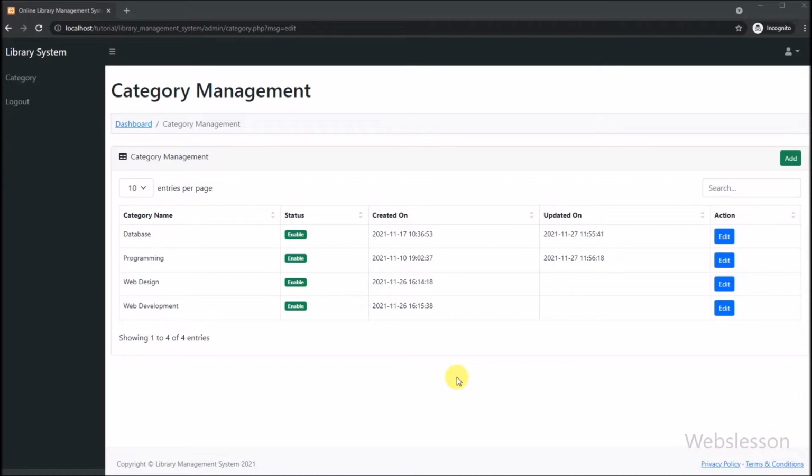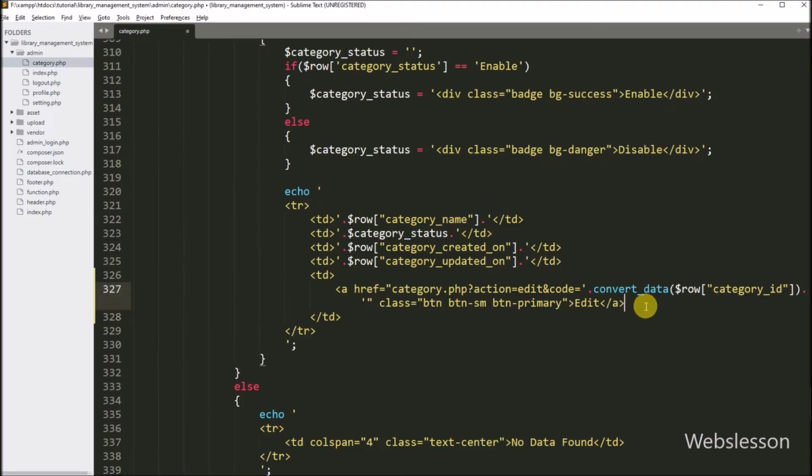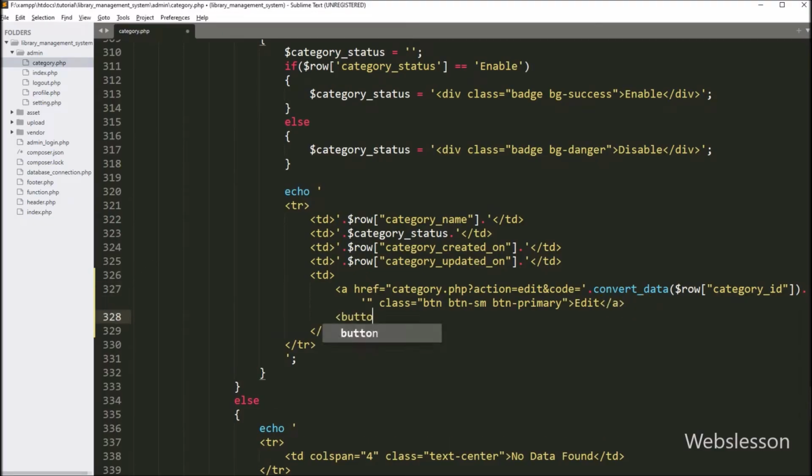Under this part, first we want to make a delete button in each row of category data. So for this, we have to open the category.php file. Under this file, we have created a button by writing open and close button tags, and under this tag, we have written type attribute equal to button, name equal to delete button, and between this button tag, we have written delete.